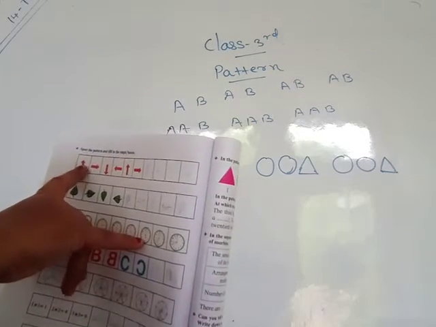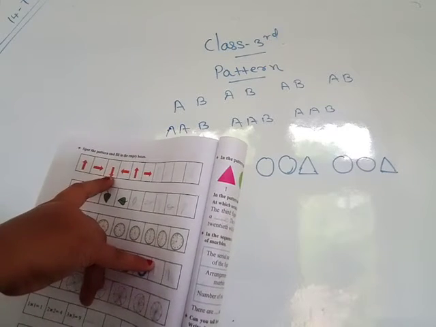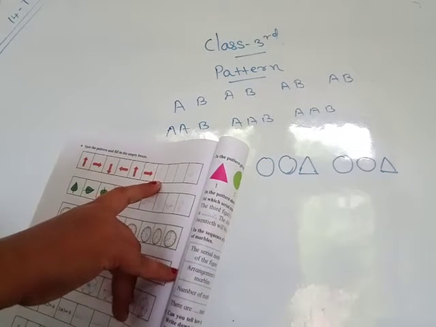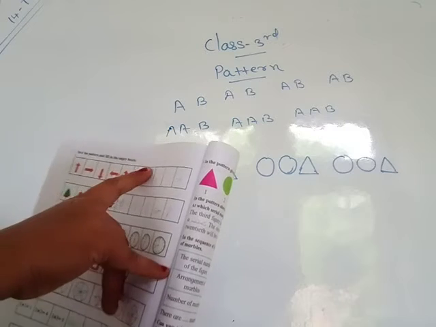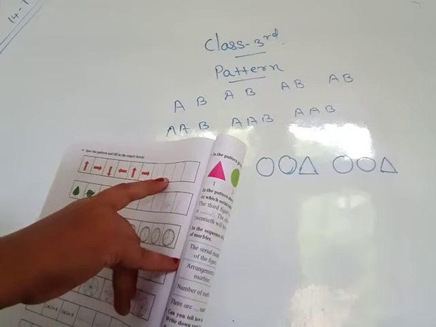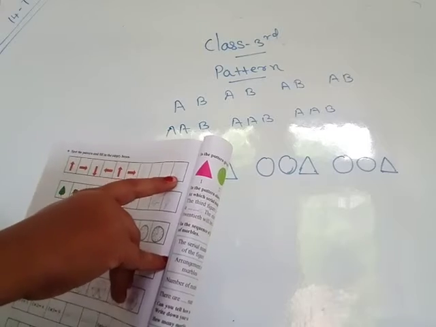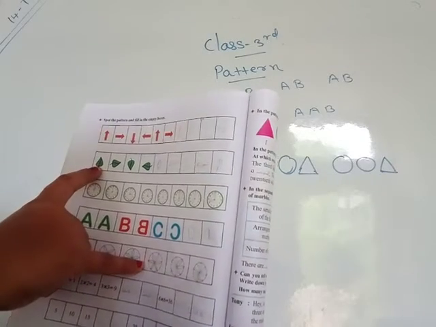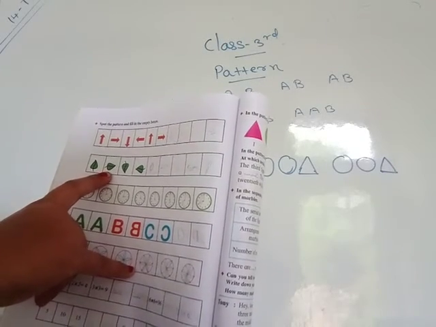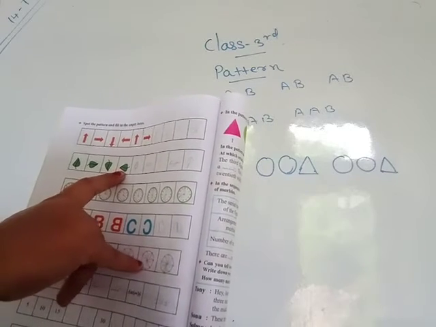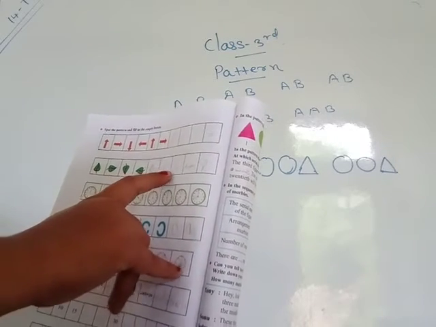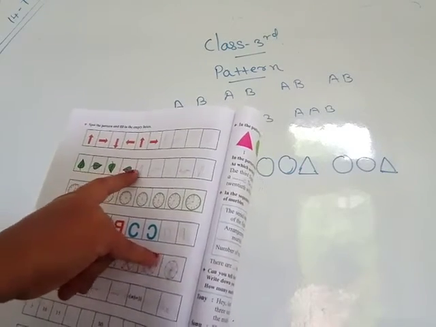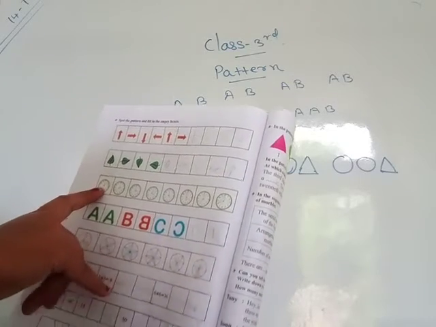See this arrow is facing up, then afterwards right side, then down, then again left side, again up, again right side. Then you draw which pattern here: you draw this arrow down, then next one left side, then again up, and then again you draw this arrow right side. Then see this leaf: upside, then right side, then down, left side, again you draw upside, right side, down, left side, again upside. This pattern you draw.